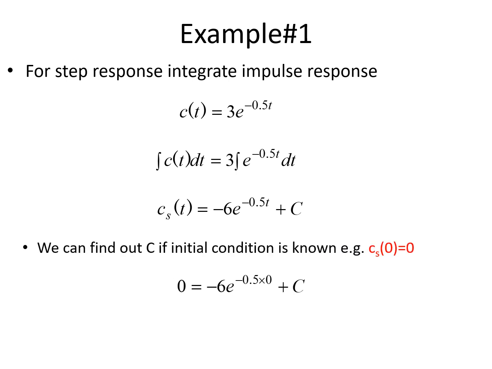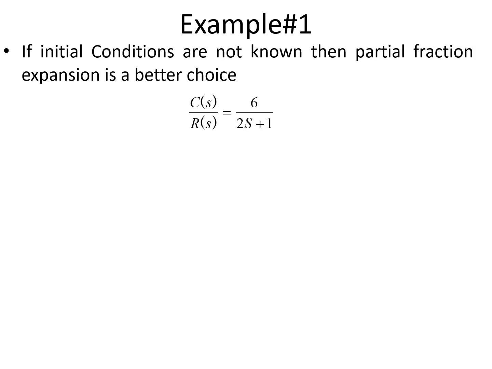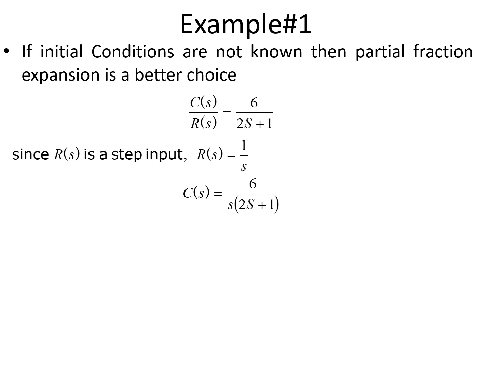So you can find out C using the initial condition of C of S as equal to 0. So C you have got it as equal to 6 and C of t is 6 minus 6 into e power minus 0.5t. This is one way. Or else